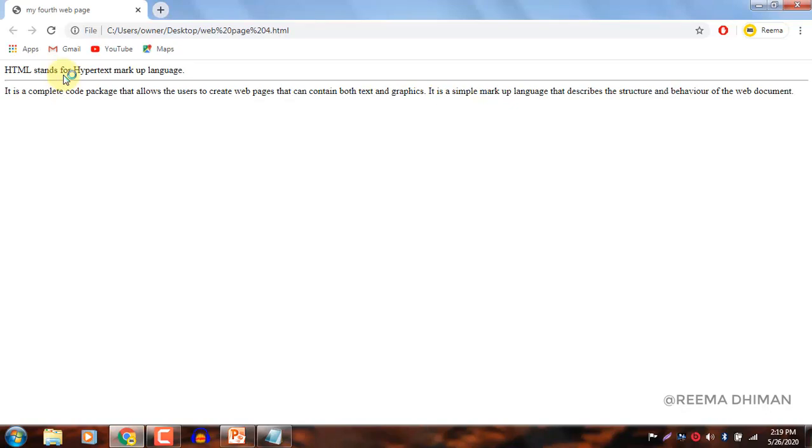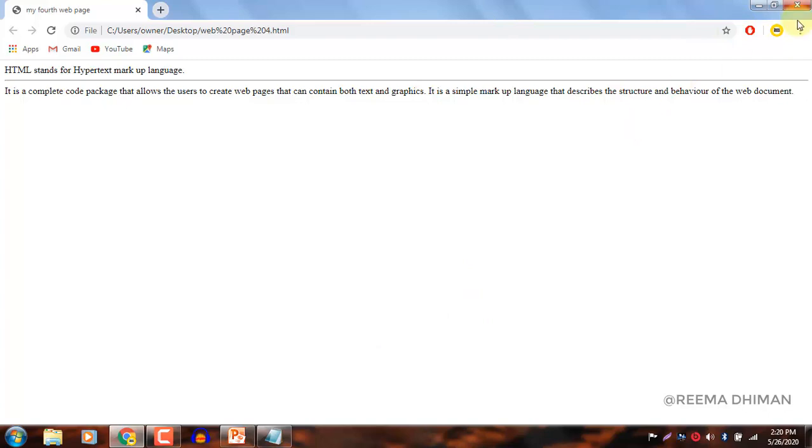So as you can see, after the first line and before starting the second line, the HR tag draws a horizontal line. We have applied it before this second line. So it draws a horizontal line across the page. This is the working of the HR tag.